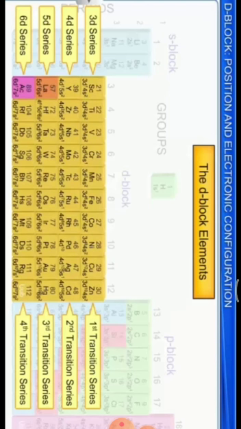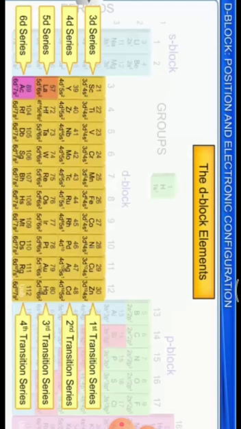Next, the fourth transition series is the 6d series. It contains elements from actinium with atomic number 89 and then rutherfordium, atomic number 104, to 112, that is copernicium, Uub. This is an incomplete period. So in this series, the 6d orbital is progressively filled.